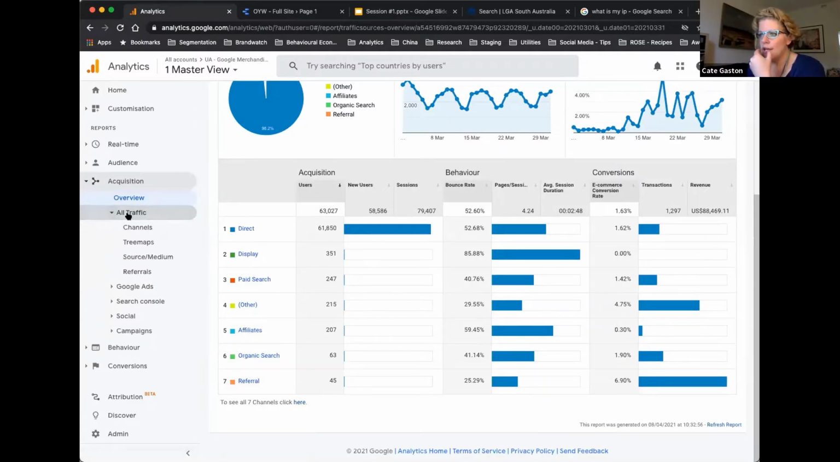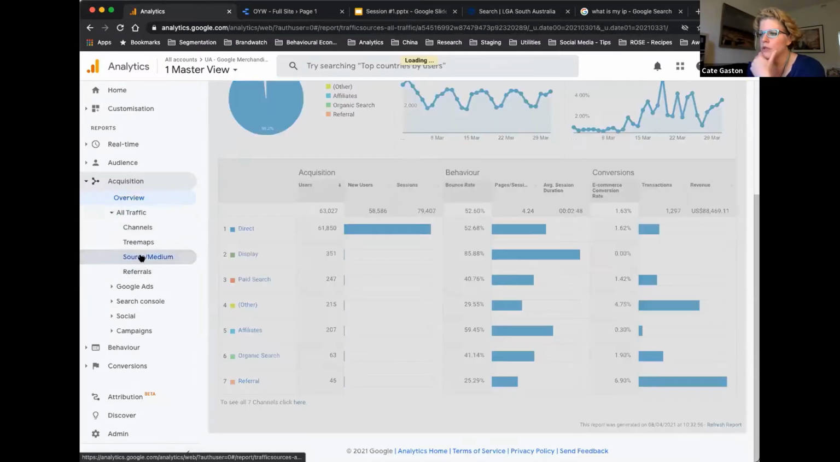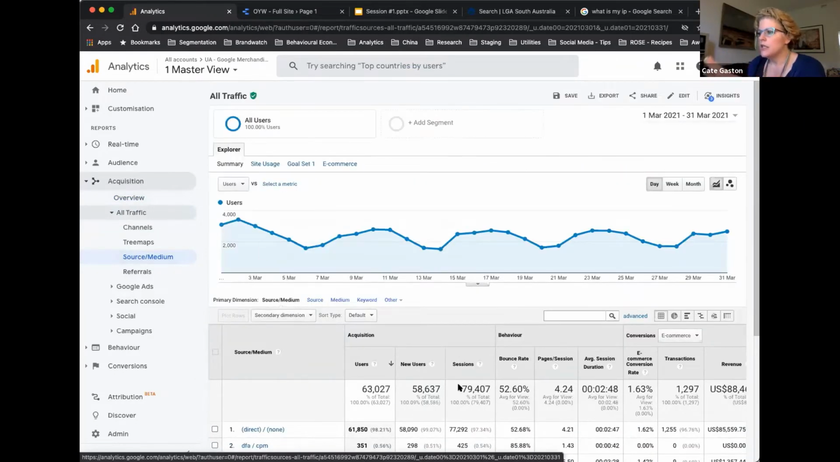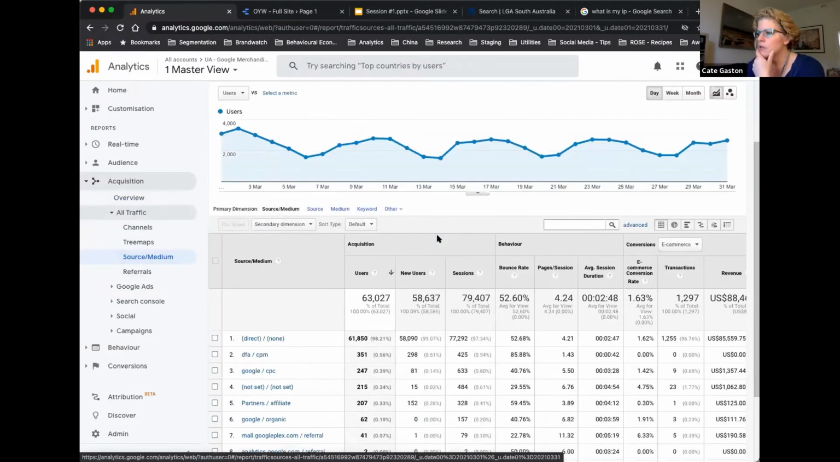So on here, we have all traffic. So we have channels, source medium, and referrals. I'm just going to go into source medium because that's usually the most relevant here. So again, the standard report view happens here. And again, we've gone for the last month. So source medium